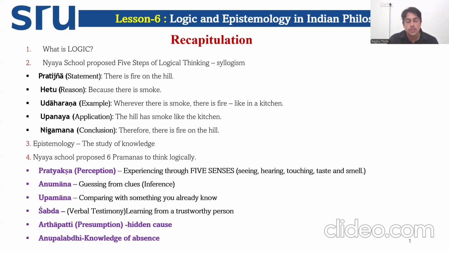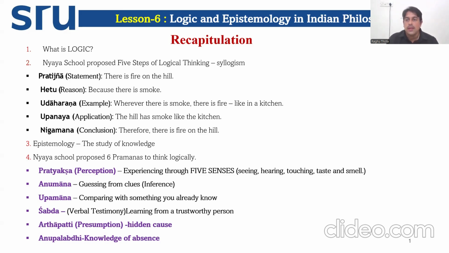Either you can see or witness the situation, or you can hear it, or you might be touching it physically, or else you can taste or smell it. If you really experience it personally and, based on that, come to the conclusion or identify the truth, that is called pratyaksha, which we call perception. Next one, anumana. If there is a crime or a situation, first we have to look for clues, which will lead us to identify the truth behind the crime. That is called anumana.